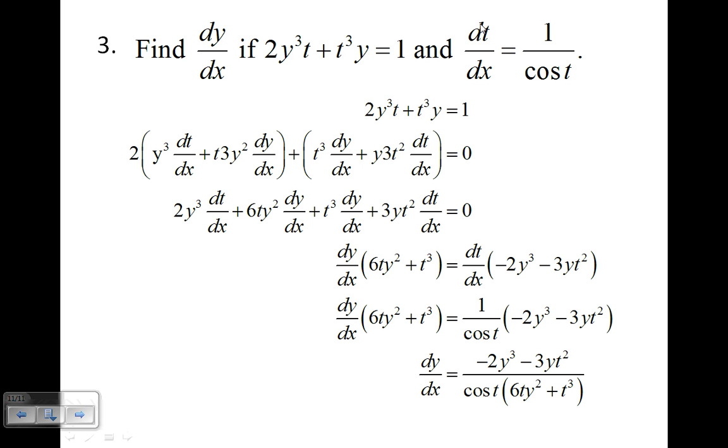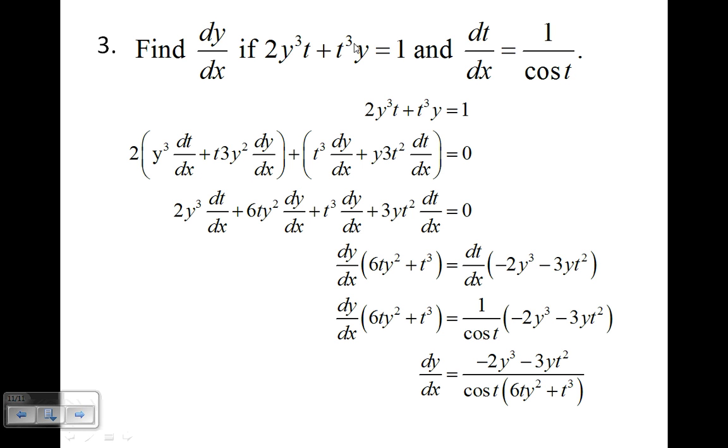Now they do give me something that I'm going to need to substitute out, dx/dt, before I'm done with the problem, so I'll just put this fact aside, come back to it in a little bit. So my first term right here, the 2 I'm going to leave out in front, and then this is a product of variables. I have a y cubed and I have a t. So product rule. First thing y cubed, derivative of the second thing, dt/dx, because we're taking it with respect to x, plus the second term t, derivative of the first term, 3y squared chain rule dy/dx,